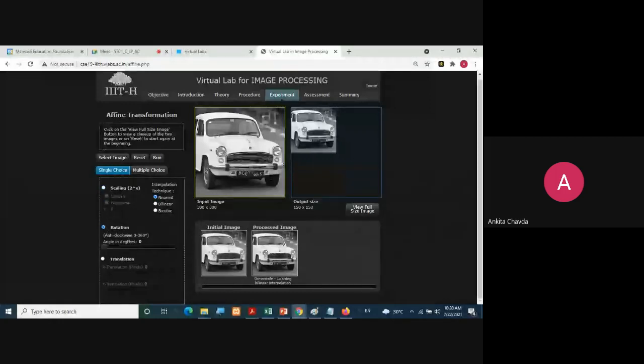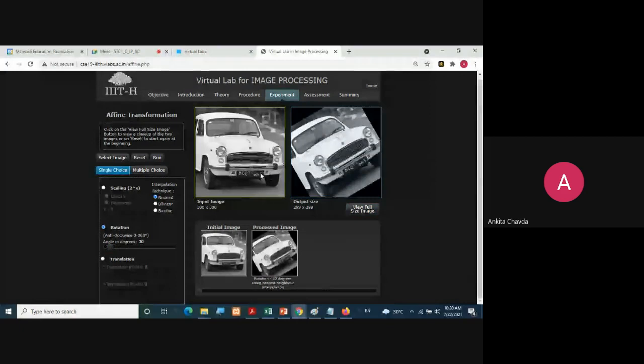Then you can check for the rotation. You can have here this many degrees, right? And you can run it. So with that degree, it will rotate your image. Right?